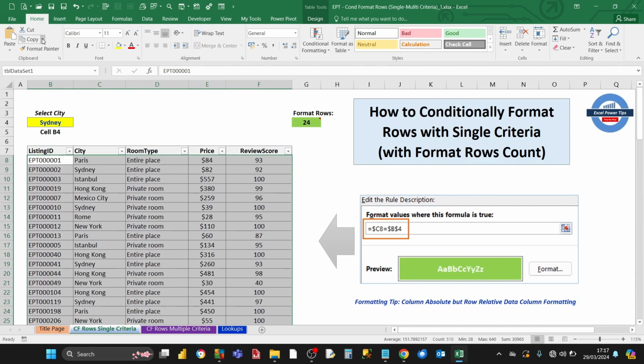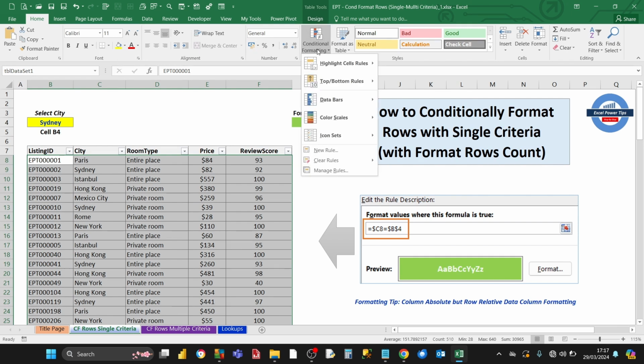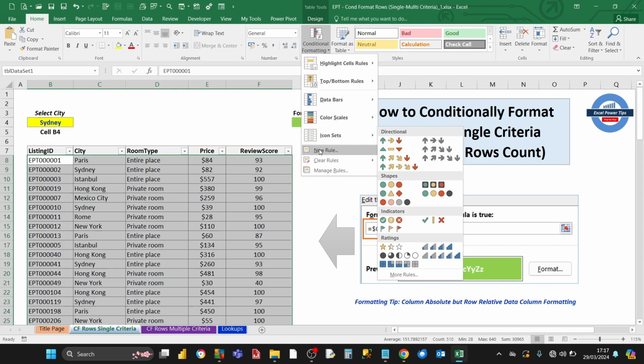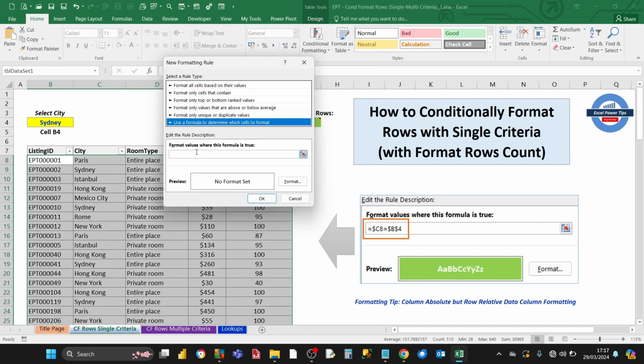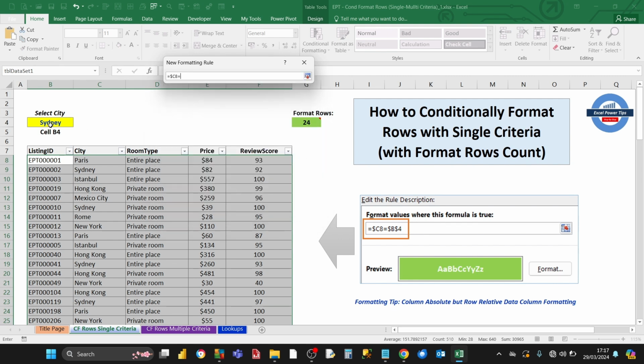Then on the ribbon, we click on Home, then we click on the conditional formatting tool, then we click New Rule. Then for the rule type, we choose this one, use a formula to determine which cell to format. And then in the formula bar, we type this equals $C8 equals, then press the button here, and then select the cell containing the drop down value, which is cell